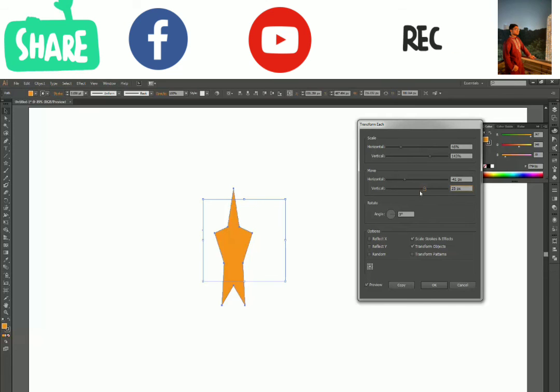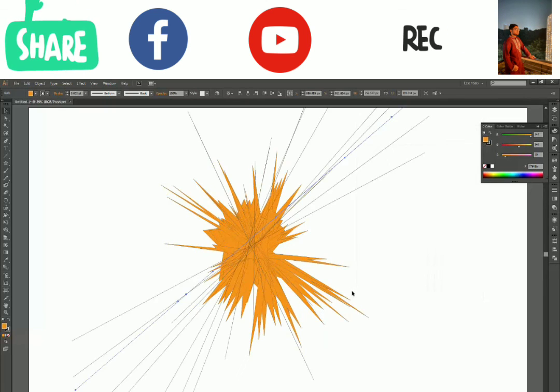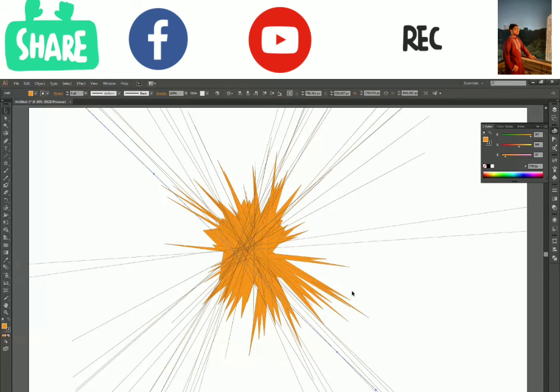So we have to change the values a little bit and then click on random to see the newly changed shape. Okay, and when I feel like this is the transformation I want, I can click on OK, or I can click on copy. So yeah, I think this one looks good. Click on copy and then press Ctrl D. So it has created something like this.